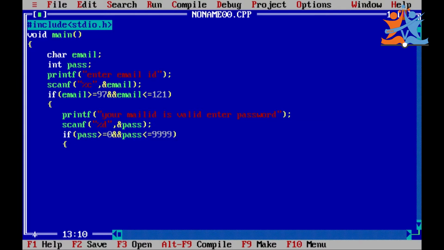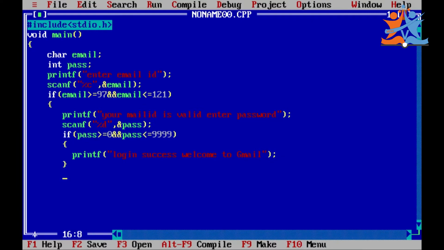Then we get one message, printf: login success, welcome to Gmail.